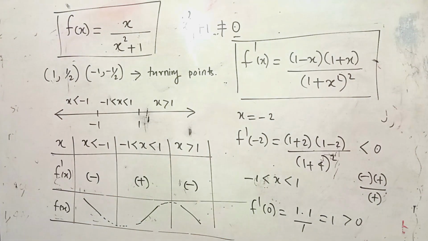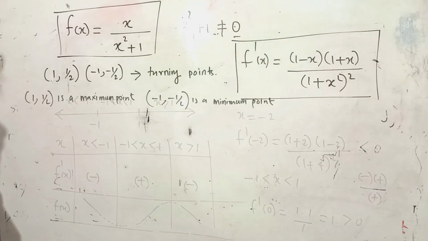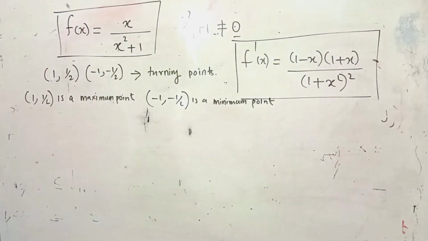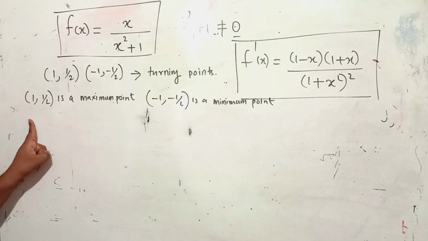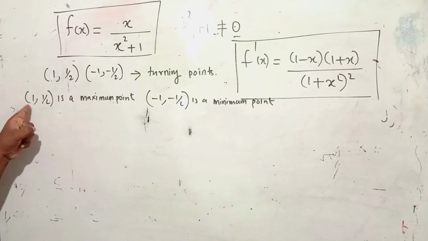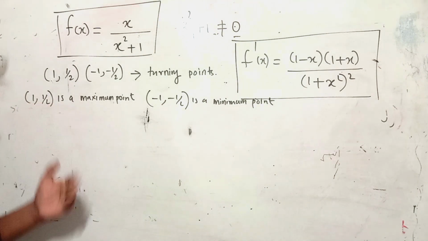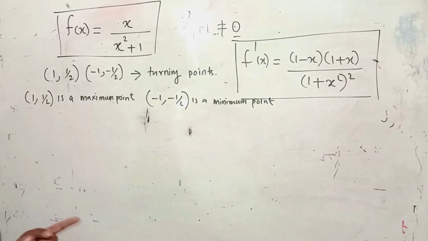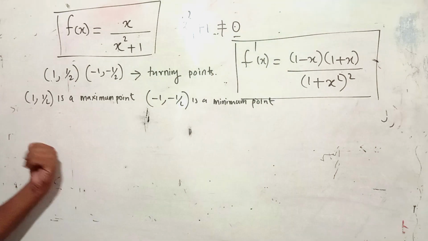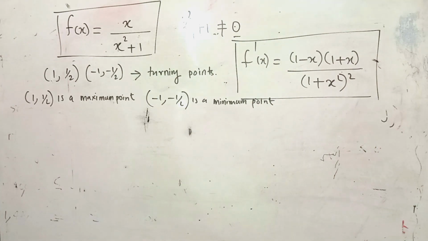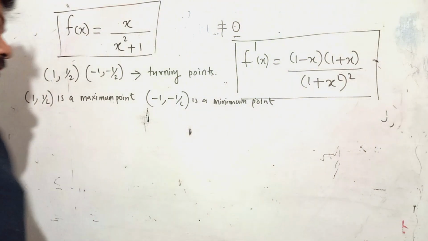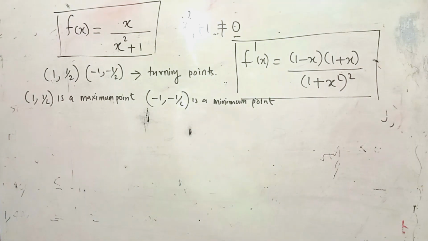Are you clear, guys? Hope you can understand. Alright, viewers, so far we have found that (1, 1/2) is a maximum point and (-1, -1/2) is a minimum point. So we have found what kind of turning points these are. The next thing you have to do, most of you would have guessed it if you have gone through my previous videos,